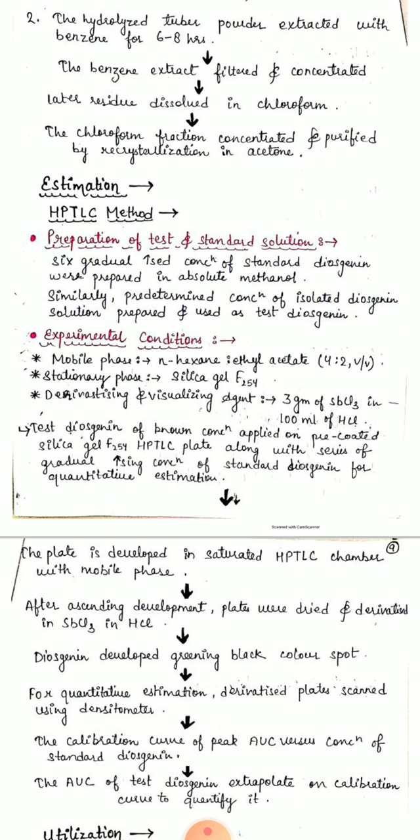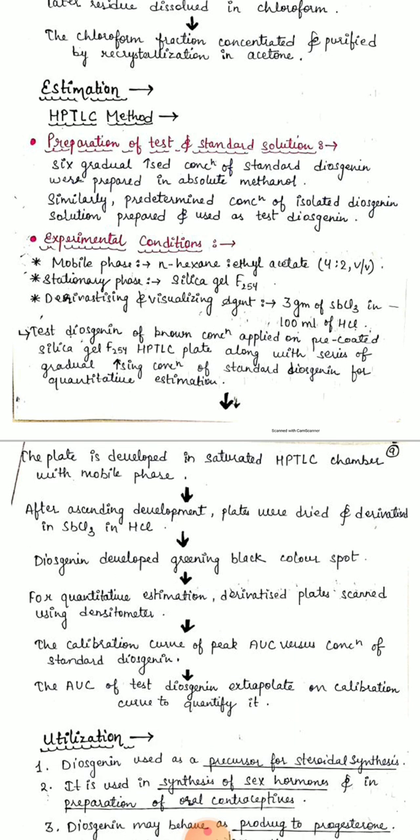The experimental conditions for the HPTLC method: for the mobile phase we are taking n-hexane with ethyl acetate, and the ratio for both is 4 to 2 volume by volume. The stationary phase is silica gel F254. The derivatizing and visualizing agent for the experimental condition is